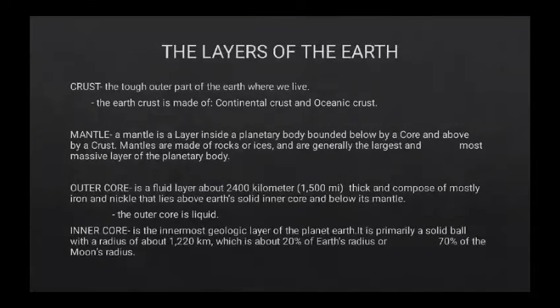Second one is the mantle. A mantle is a layer inside a planetary body bounded below by a core and above by a crust. Mantles are made up of rocks or ices and are generally the largest and most massive layer of the planetary